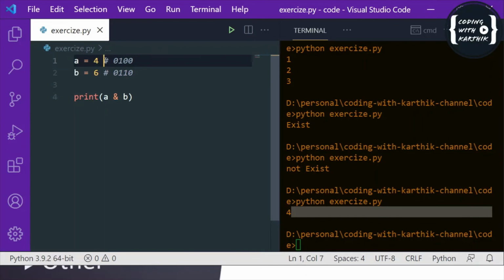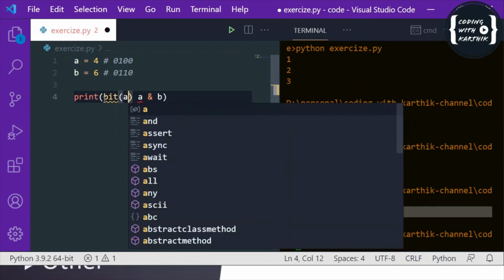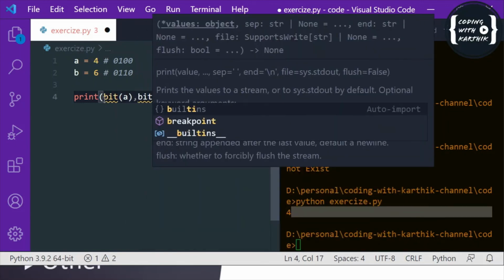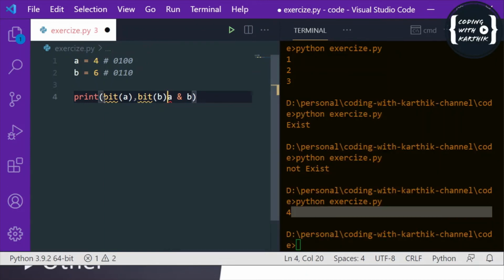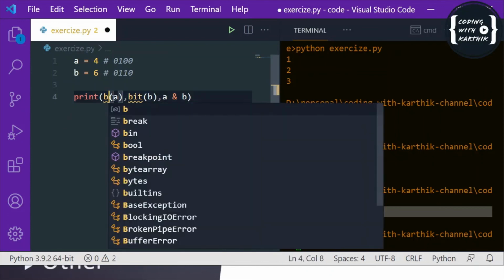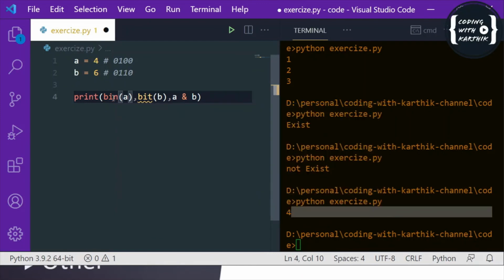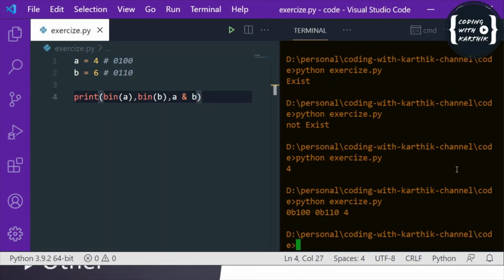And if you want to check the binary format, you can use bin of A. So to check the binary format, you can use the bin function. If you run this, see, right? The binary format is 1 0 0, and this one is 1 1 0.